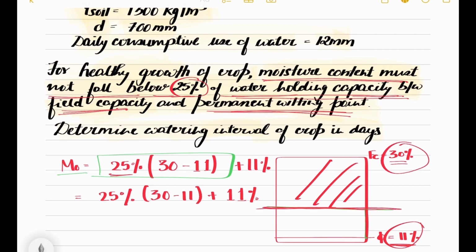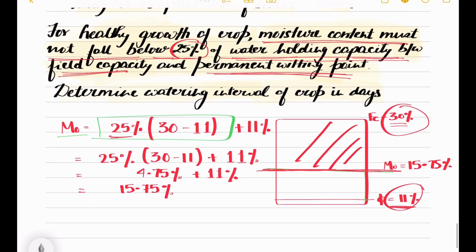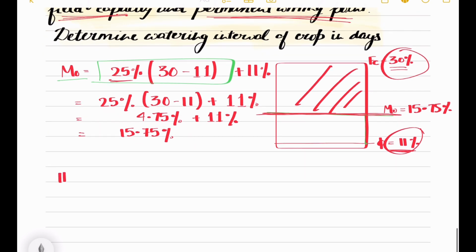So this will be 4.75% plus 11%. Okay, so the value will be 15.75%. So the M naught value will be 15.75%. All right, this is the optimum moisture content level. Right. So since we now have M naught, the depth of water that is readily available,